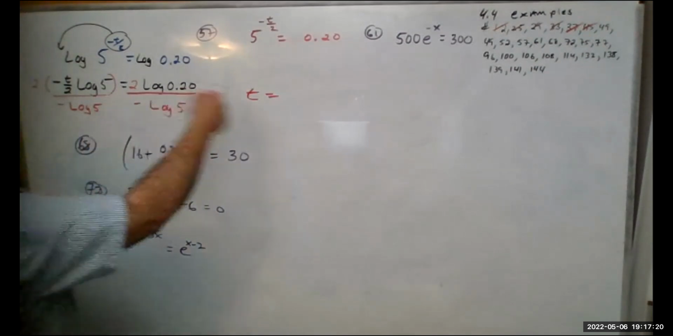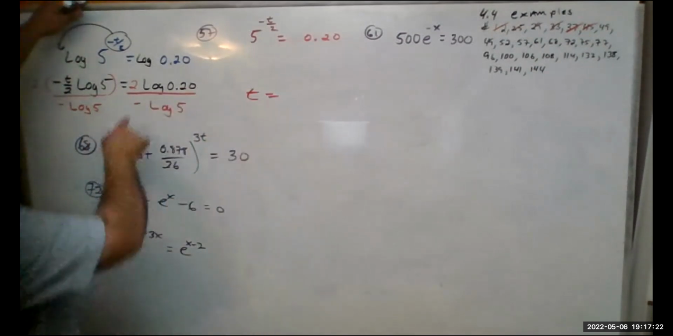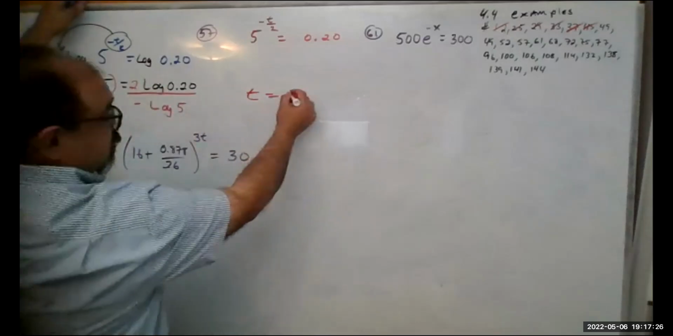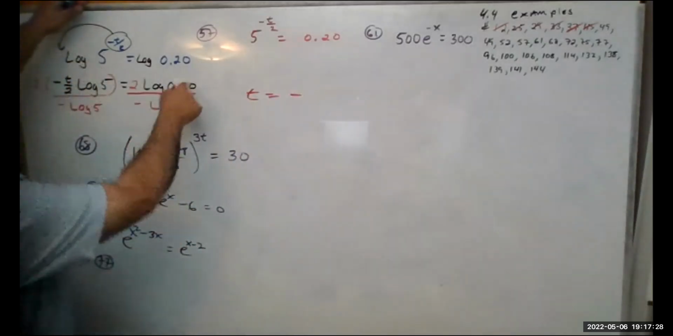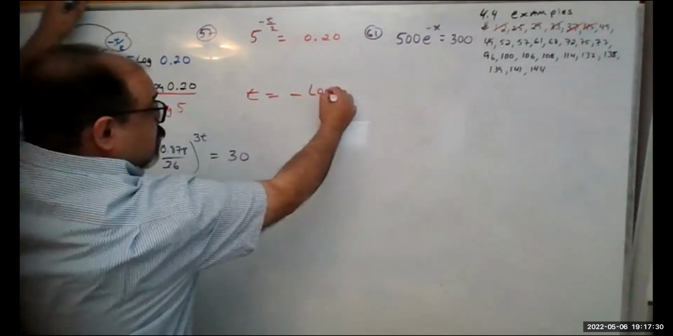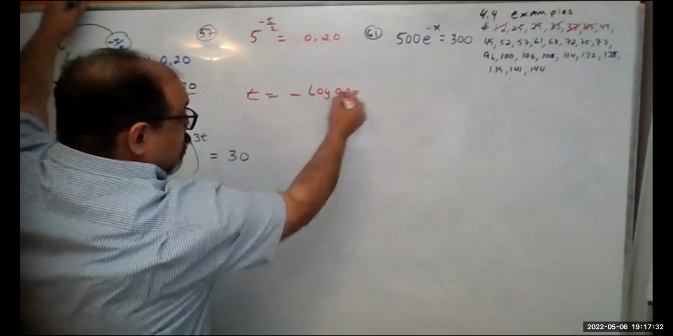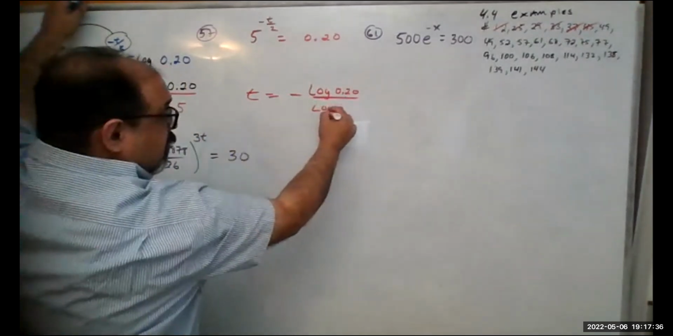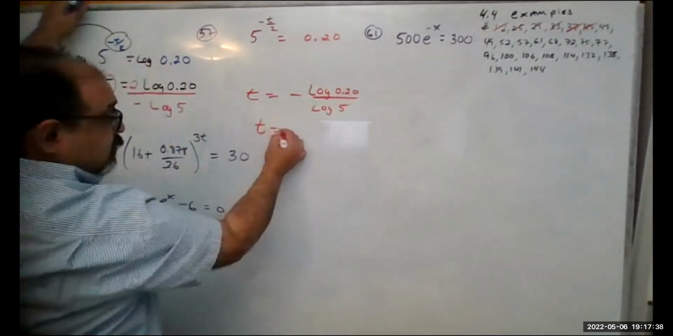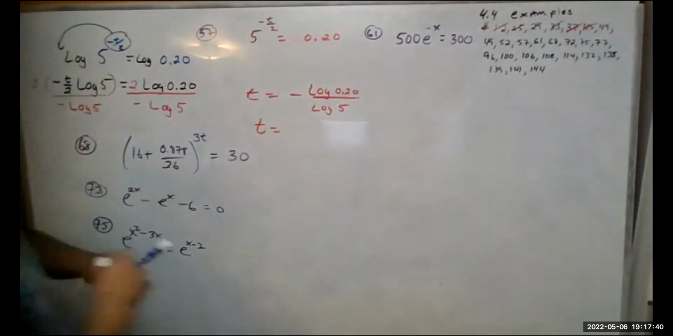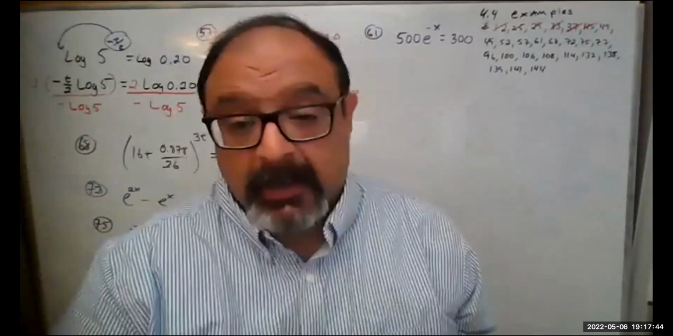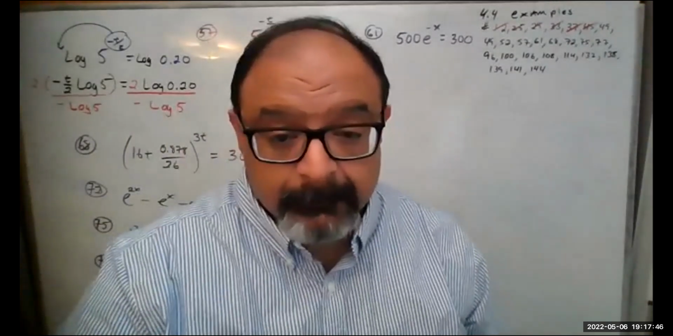So t is going to end up, this is what I'm going to punch in, a positive over a negative. So a positive divided by negative is going to be a negative. The common log of 0.20 over the common log of 5. So t is equal to a negative. Now on my calculator, or your calculator, whoever's calculator,